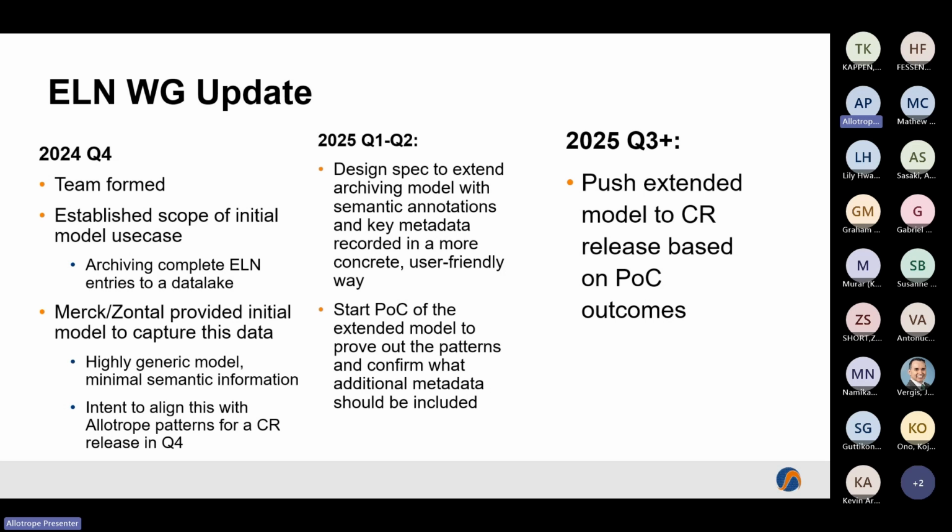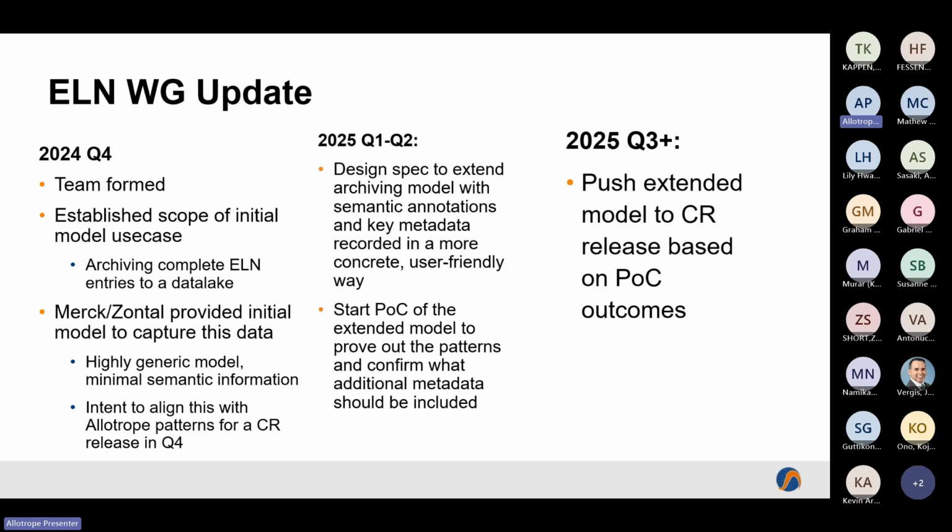And then early next year, the first, second quarter, work on a design spec to extend that model to bring in semantic annotations, the extra context that we think is particularly valuable and useful. Things like potentially the reaction tables, the material tables, anything else that we can identify. So record those in a more concrete, user-friendly way than here is a field and it has a name, here is a value and it has a name, have something that's more our standard patterns, a reaction, chemical name, this, and roll that,